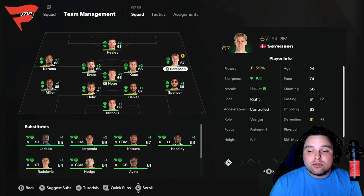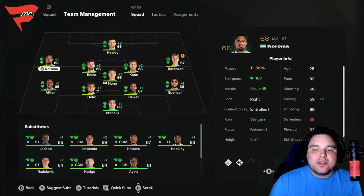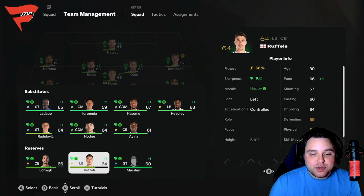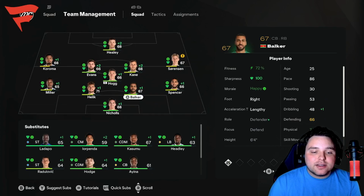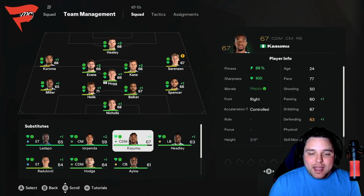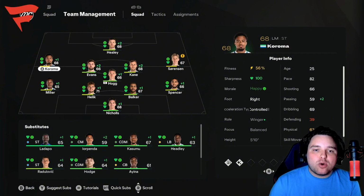Sorensen is very good at right mid, but I think we do need to bring in somebody else to give him an opportunity to swap games. Karoma is also very good, but I do think we need another backup left midfield player because you can see our bench now is pretty thin. Center back and midfield wise, I think we're very set on substitutions. So I would say we need either a starting or backup right midfield player, more of a backup left midfield player, and then at the striker position, we've got